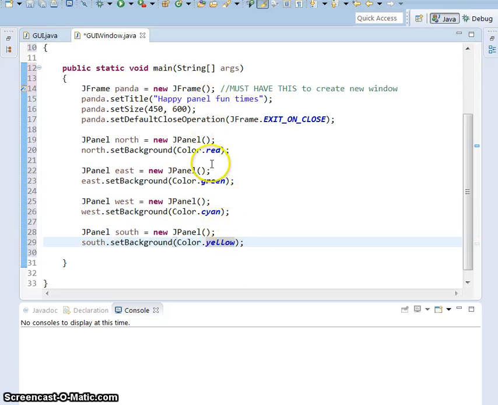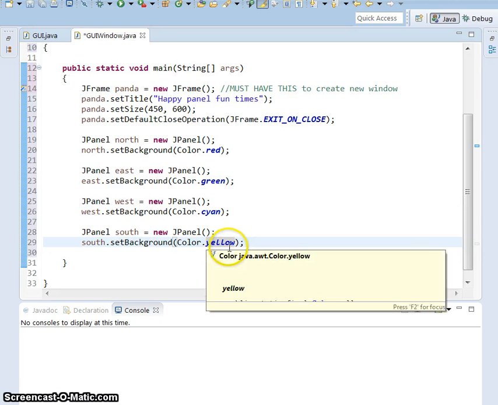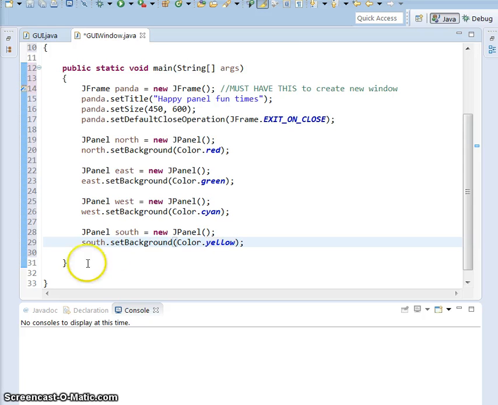You don't have to pick these exact same colors that I have. I don't really care what colors it turns out for yours, as long as it basically looks the same as mine, as long as the colors are, you know, real colors in here, because otherwise you'll get an error. Okay, so we have set all of our borders around the outside, but we're also going to fill it